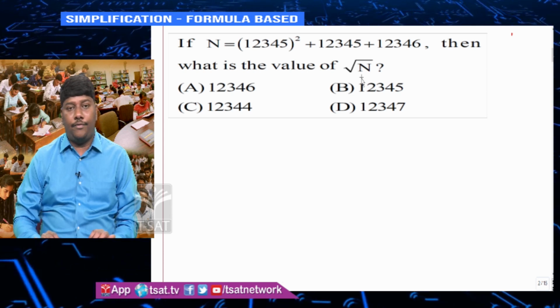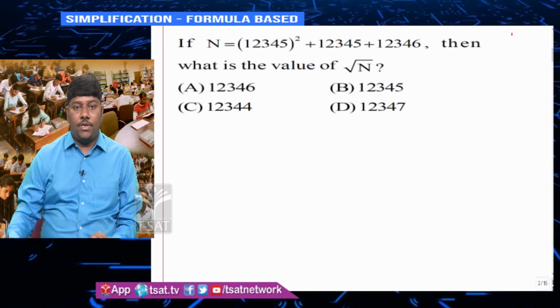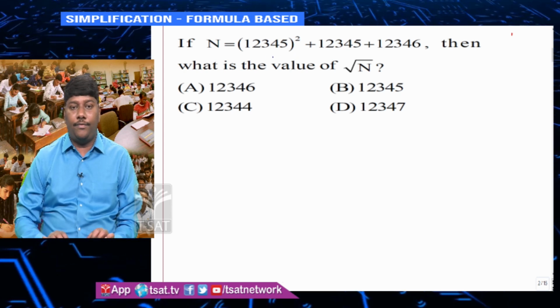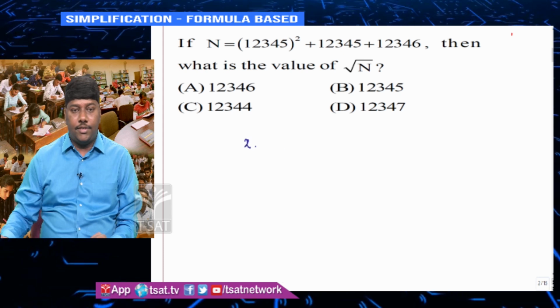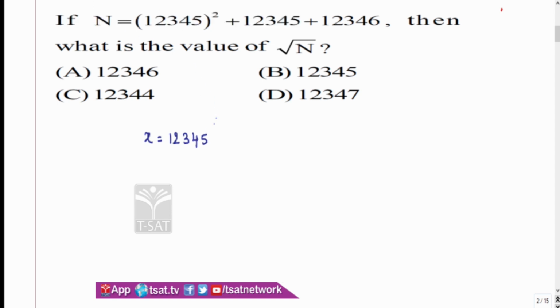Now look at this 1,2,3,4,5. You are not going to solve this by calculation. We are going to apply the formula. So here, if I assume 1,2,3,4,5 as x, let x equal 1,2,3,4,5. So the entire thing becomes what? n is equal to 1,2,3,4,5 whole square, which becomes x square. Then 1,2,3,4,5 is x. You have 1,2,3,4,6, which is 1,2,3,4,5 plus 1. So I am going to write it as x plus 1,